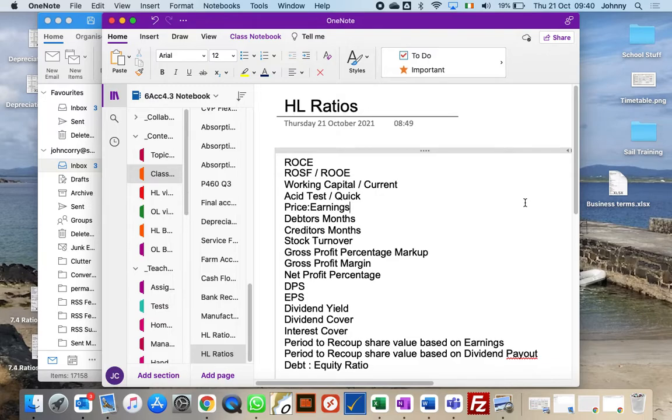Pay your bills sometime. Pardon? Is it if we can consistently pay bills on time? It's not if we can consistently pay bills on time. Just think about the answer to the formula again. Debtors months, my debtors on average are taking 2 months to pay me the money that I'm owed. Okay? But I'm paying my creditors in 1 month. So what that means is I'm paying for bills before I get money in. Yeah? What does that say about the business?